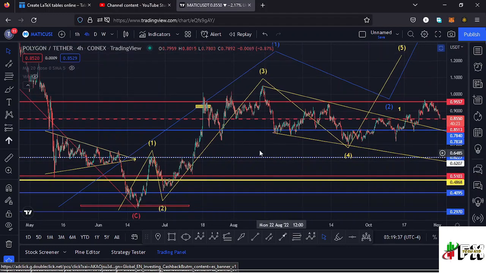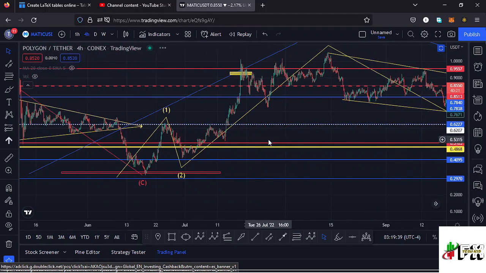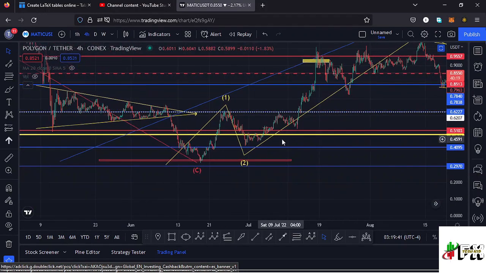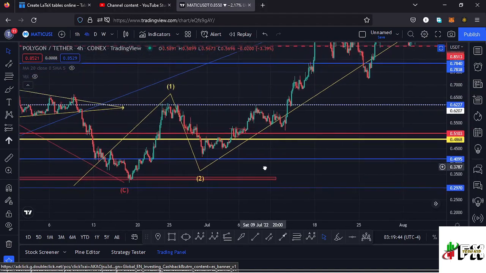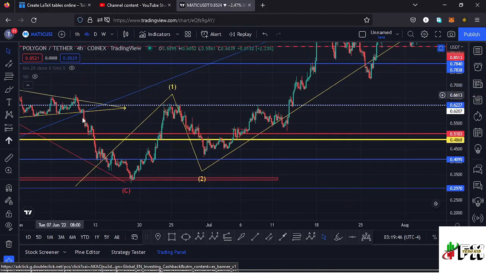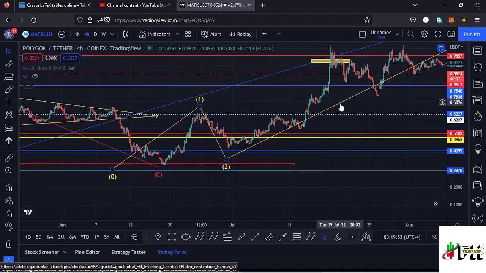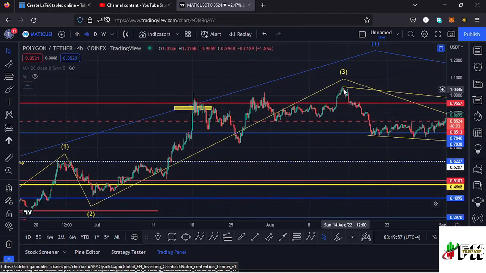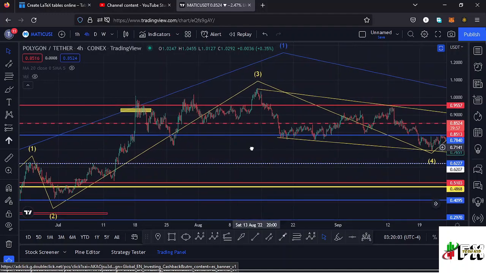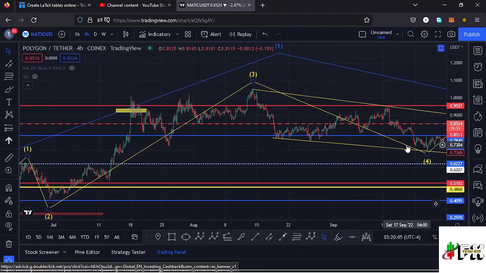And if I get a little bit into the details of the formation of this Elliott wave structure so that it can give us the key scenarios that we expect to play out, after making our low down there, we saw a very nice bounce to the upper side, making our high for that first wave, then saw a very nice retracement to the lower side in the formation of a wave 2. After making the low for that second wave, we saw a very nice bounce to the upper side in the formation of a wave 3, making our high at around the $1.06 mark. And after making that high, we saw a very nice retracement over here in the formation of a fourth wave,